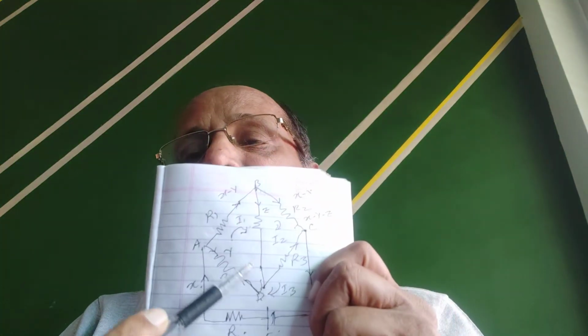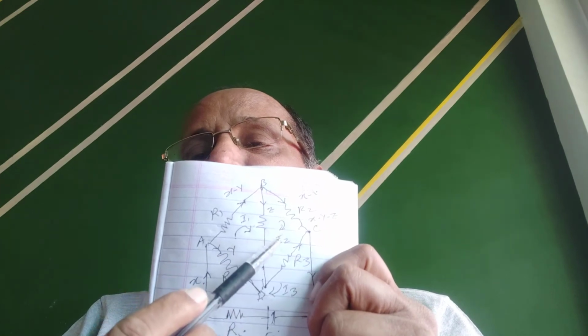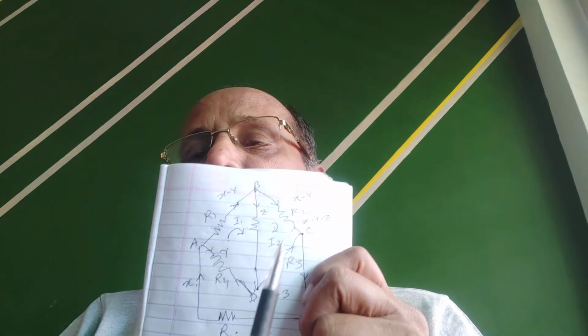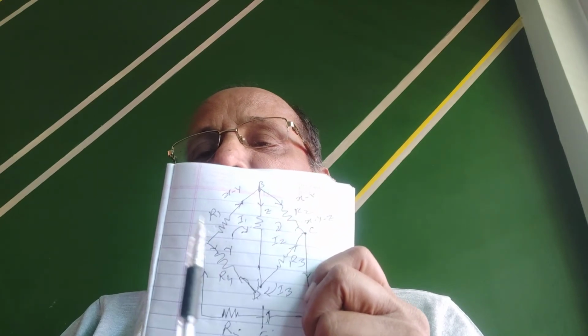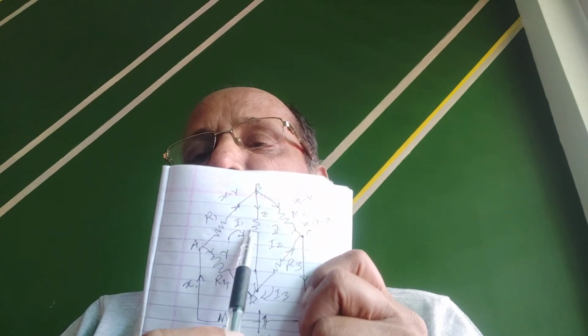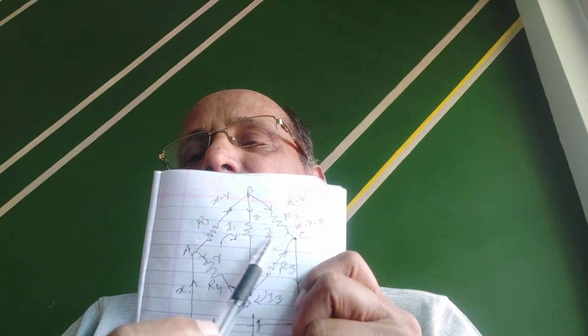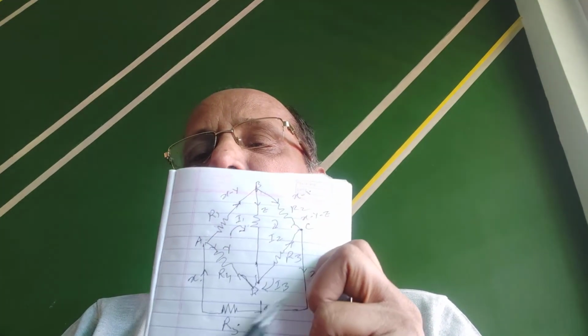And if you go by I1, I2, I3, then it will become slightly difficult, because the direction of current is opposite to the central branch. I1 is coming here, you see I1 in one direction and I2 in the other direction. So the current in this branch will be I1 minus I2 if you consider this loop, and when you consider this loop, then the current will be I2 minus I1. So this method is slightly difficult as compared to XYZ.